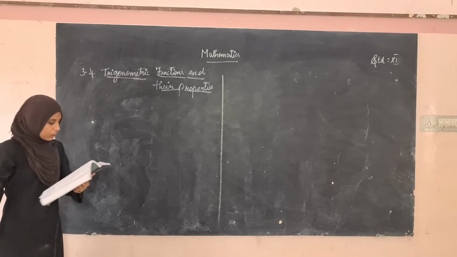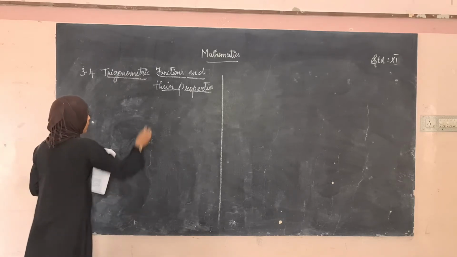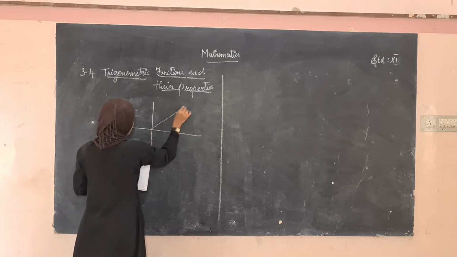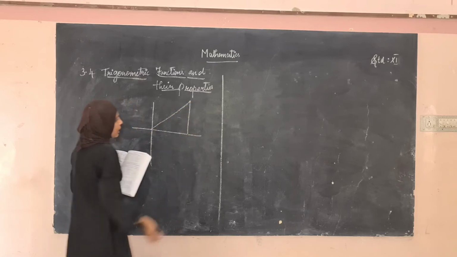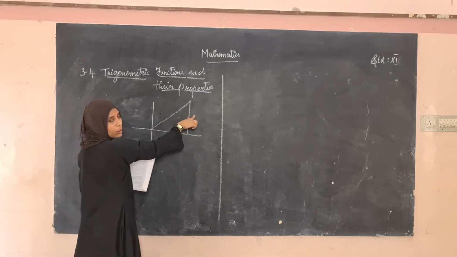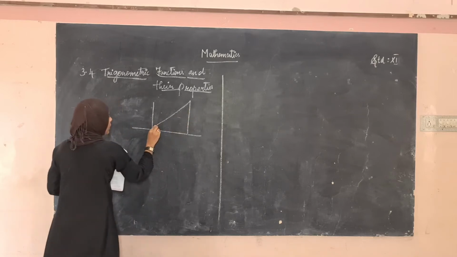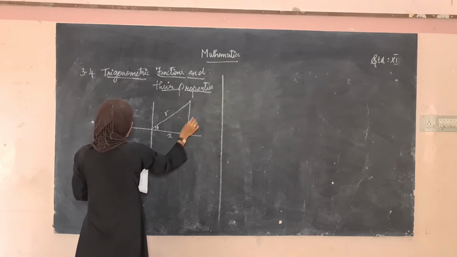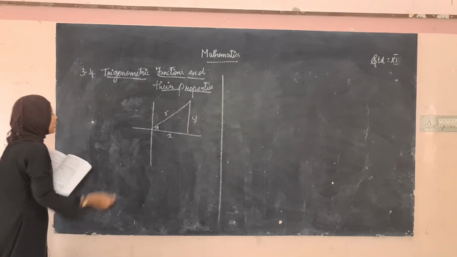Okay, so see in your book they have given a diagram. You might have learned this, Pythagoras theorem, x square is equal to like that. But before this, this is theta. We are taking the values. This is r and this is x, this is y. Okay, we know that. Then what is sine theta?